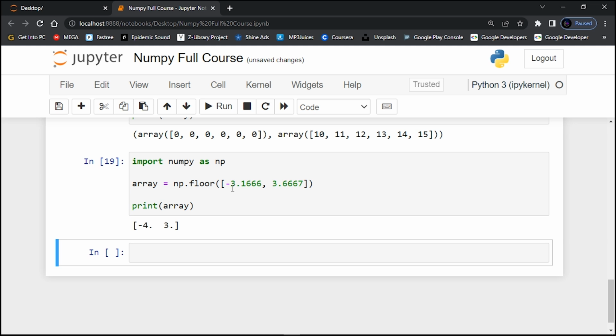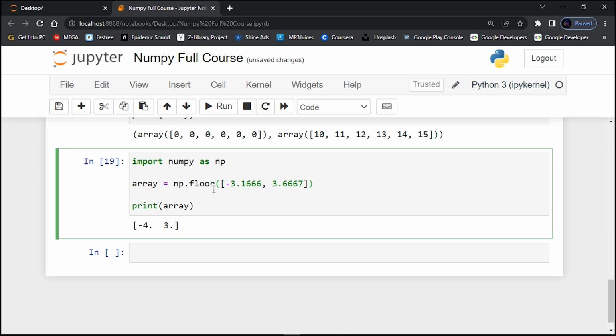-3 is greater than -4. Now the ceil function rounds off a decimal to the nearest upper integer. For 3, it will be 4, right? If it's the upper integer. So